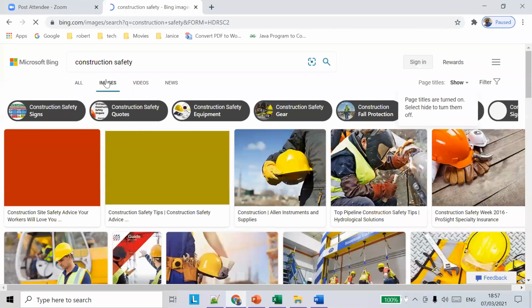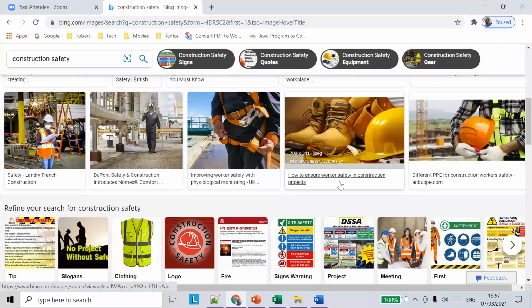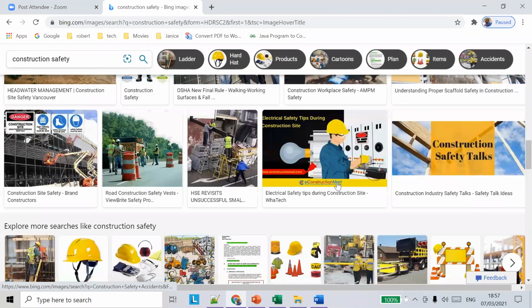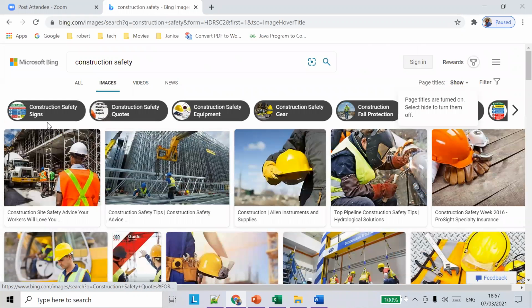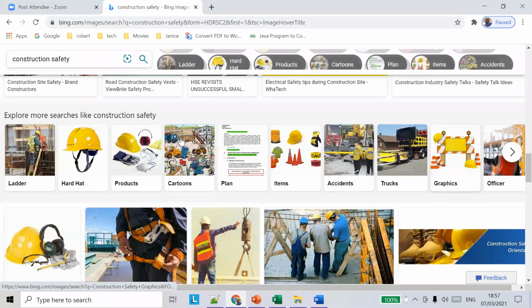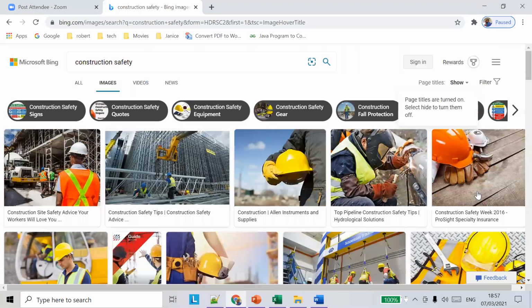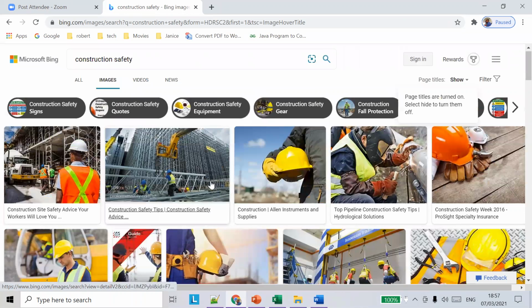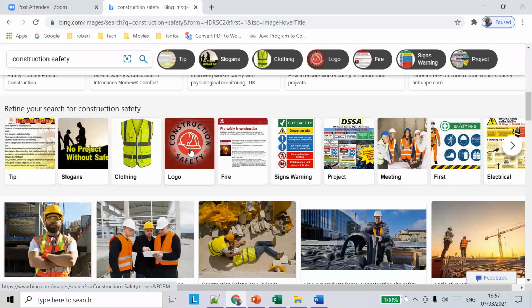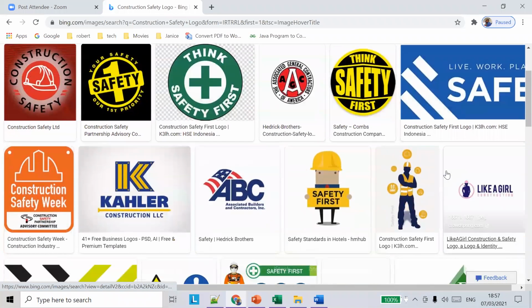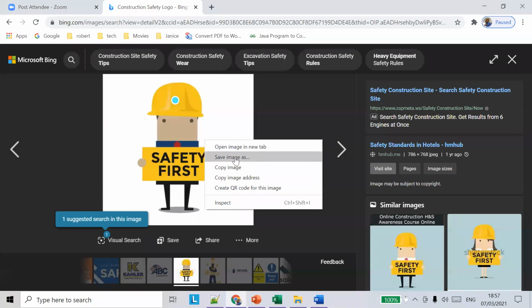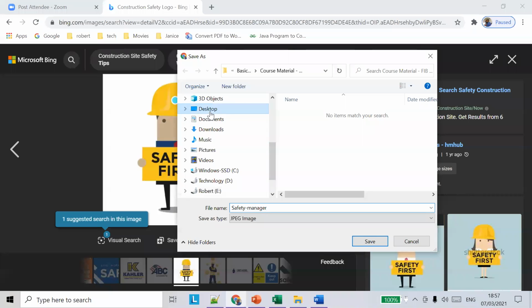Go to images, okay, so let's download some picture. Let me download this picture. So I right click, save image to the desktop. I'm saving. Okay.